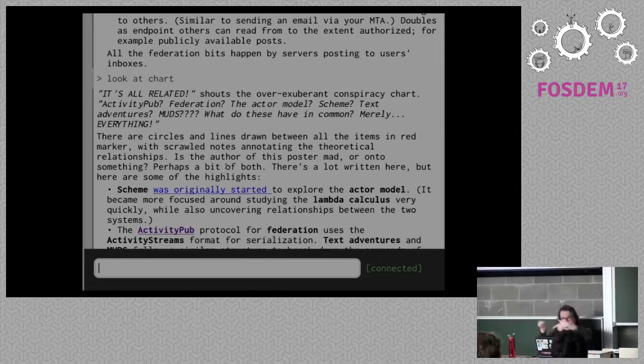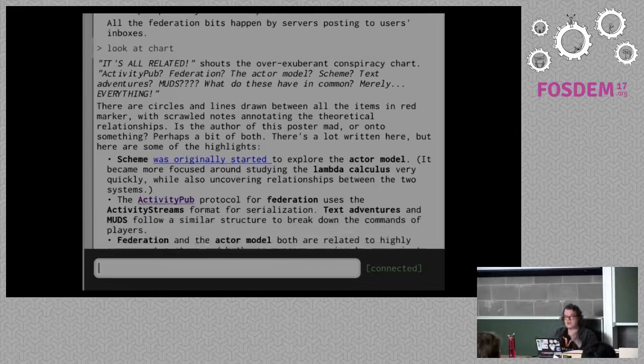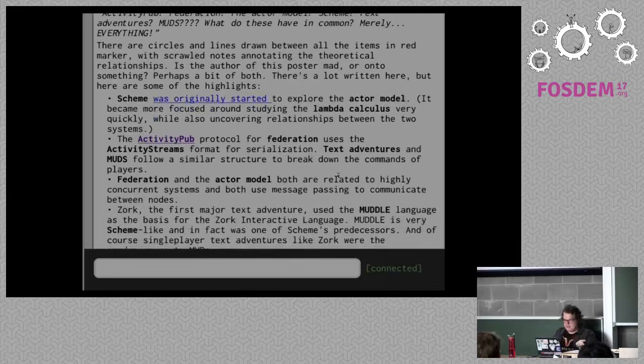Scheme was originally started to explore the actor model, as I said, and there's a really interesting paper by Sussman and Steele, the first report on Scheme, that I really recommend you check out. The ActivityPub protocol is using federation via the ActivityStreams format, and text adventures and MUDs follow a similar structure to break down commands of players.